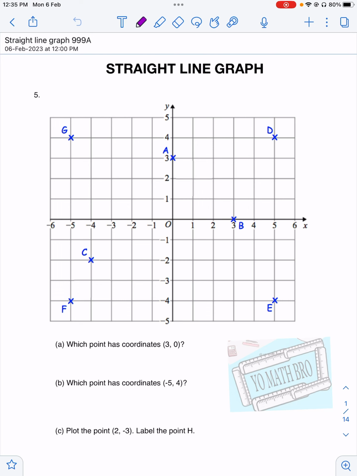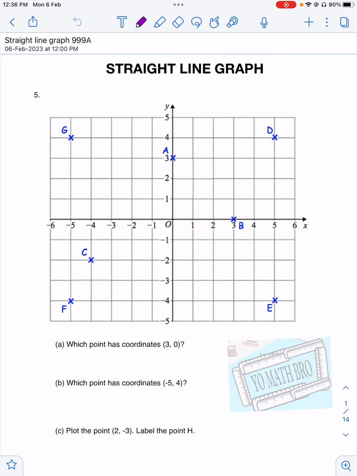Today, we are going to learn about a very interesting and very easy topic in mathematics, straight line graph. Graph plays a very important role in your maths paper. Around 30 to 40% marks are dedicated to straight line graph. But today, we are going to do this video in two parts. This is the first part, in which we are going to learn about the basics of graph, points, and other things. Okay, so let us start with the first question,